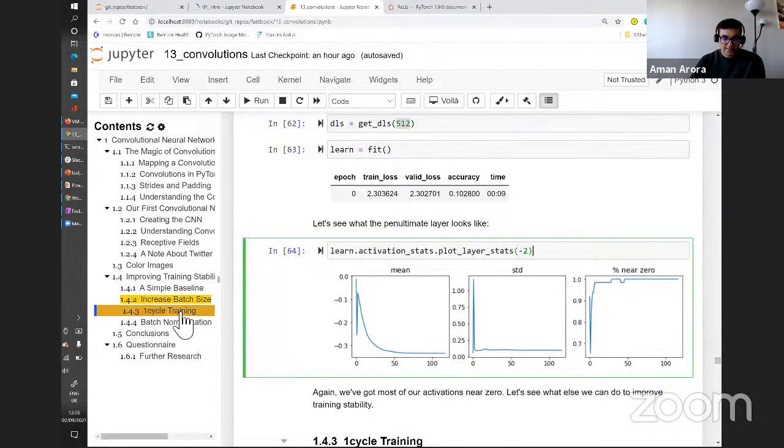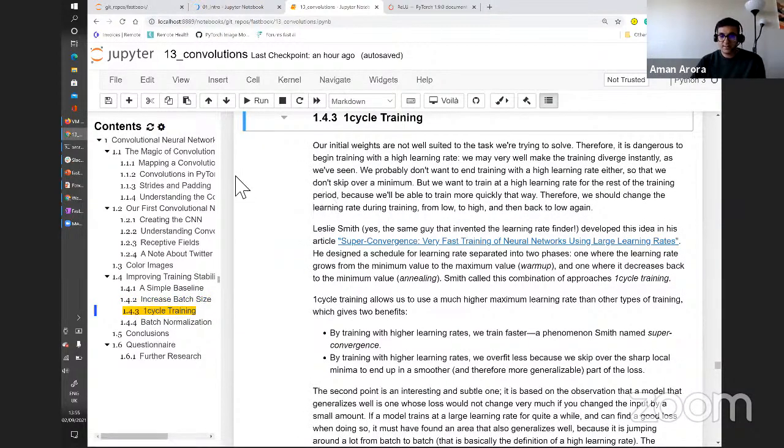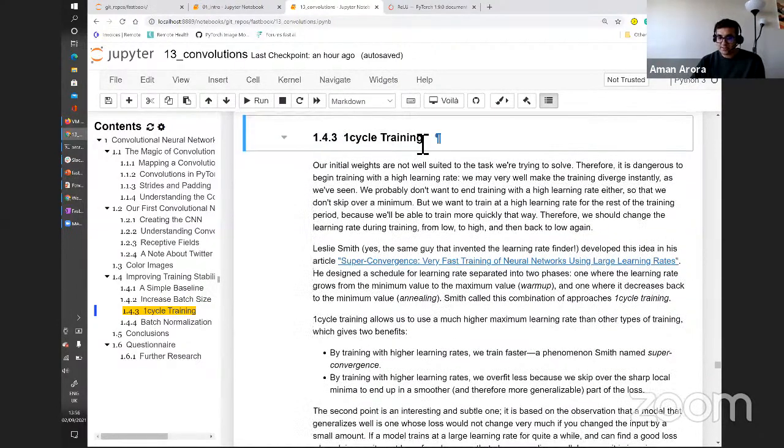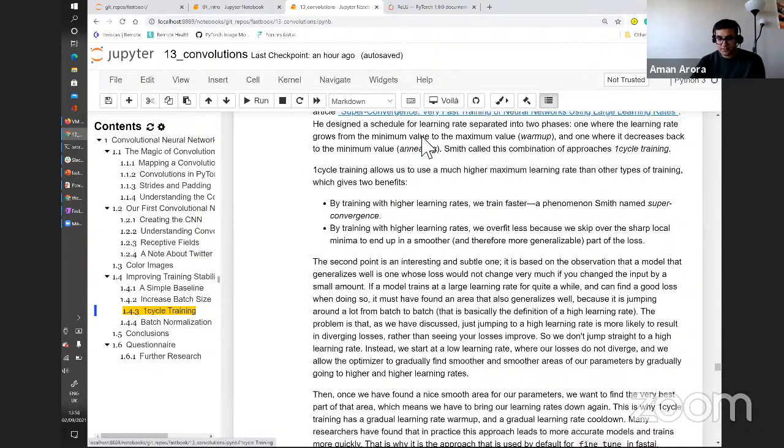So then the last thing, another thing that was introduced by Leslie Smith, is this idea of one cycle training. And what this one cycle training does is,